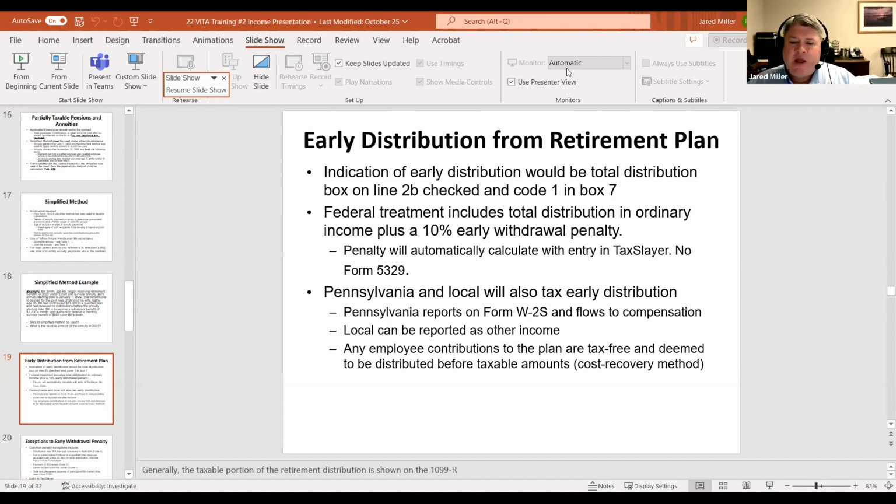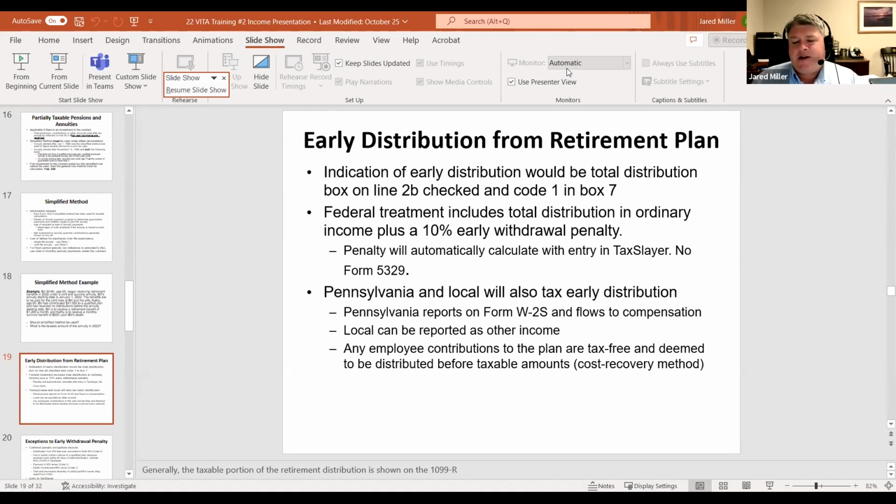What that means is we actually have the ability within Pennsylvania to recover our costs. How much did the employee contribute to the retirement plan? You can ask the employee, but they probably have no clue how much they put in. So the next option is to ask them how long they have been with the employer. If it's hopefully just the past year or two, the easiest way we can get that information is to get their W-2.